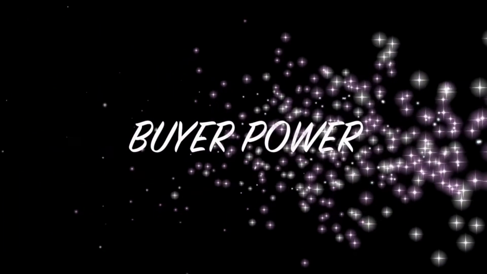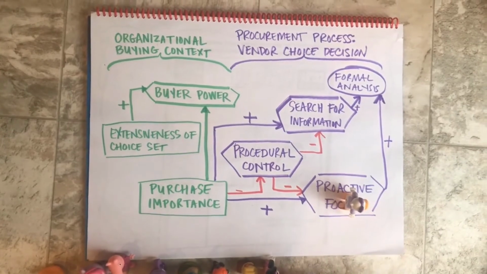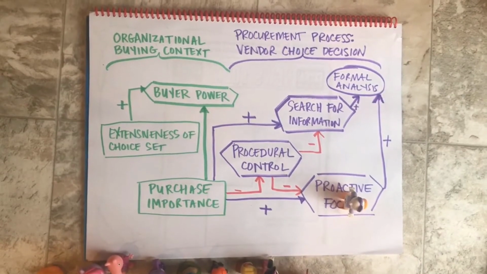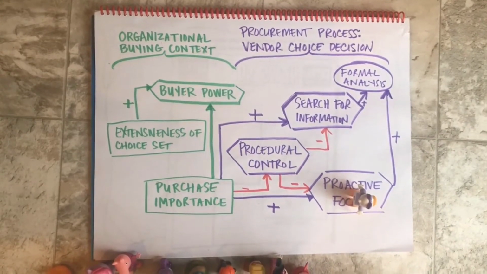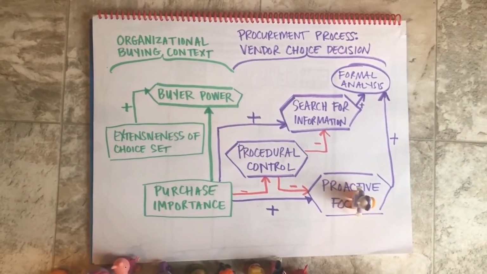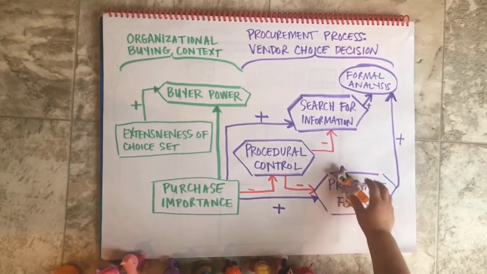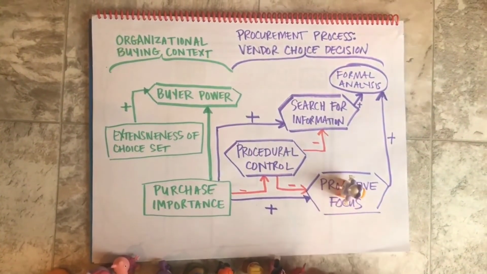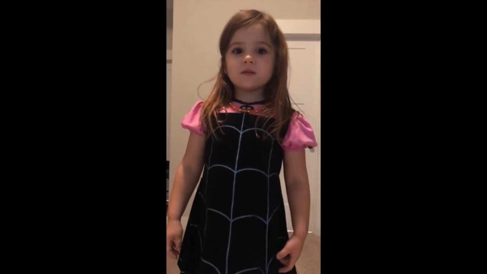Purchase importance is the buyer's assessment of the strategic significance of the purchase, reflecting not only the direct cost of a purchase, but also the impact of the purchase outcome on the buying firm's competitive advantage, strategy, and relationships with its own customers. The model shows a link for a hypothesized relationship between the purchase importance and buyer power. This direct relationship suggests that when the purchase is important to the organization, a clear incentive exists to work to increase buyer power. For procurement decisions with higher levels of purchase importance, there will be greater buyer power related to the purchasing process.